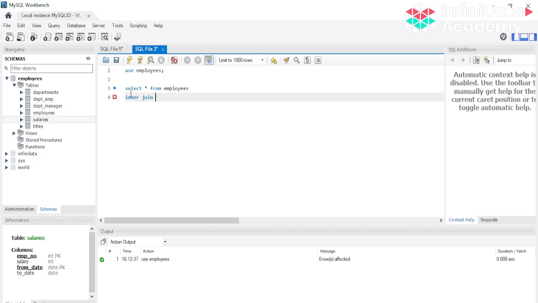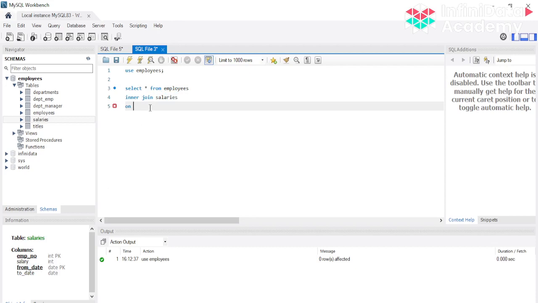You just have to change this inner keyword to left or right. So select star from employees, and we have to join it on the table salaries, and then we have to provide कि आपको ये कौन से column के ऊपर join करना है. So as you can see here इसमें employee number is the primary key जो employee के अंदर है, and salaries में भी we have the same employee number present, right?